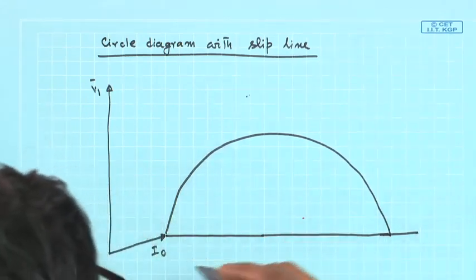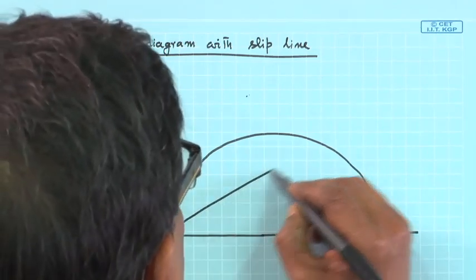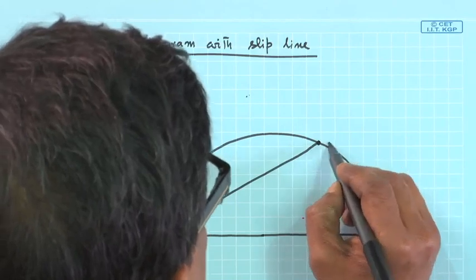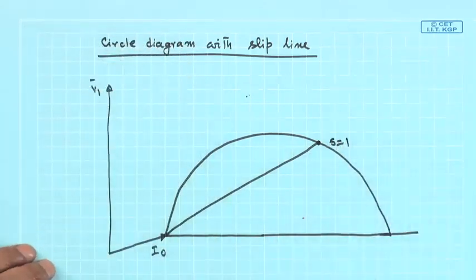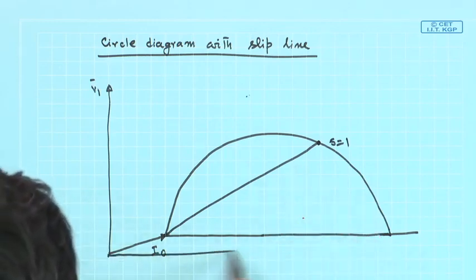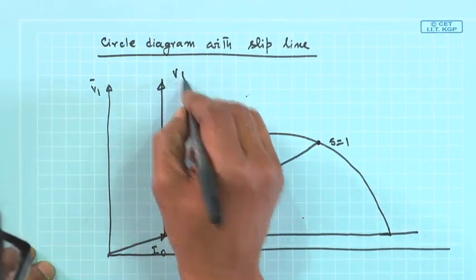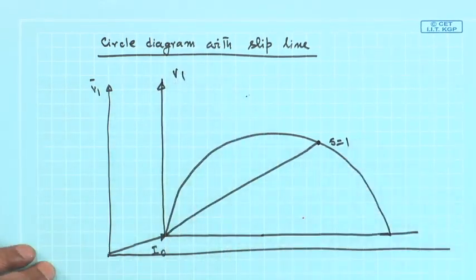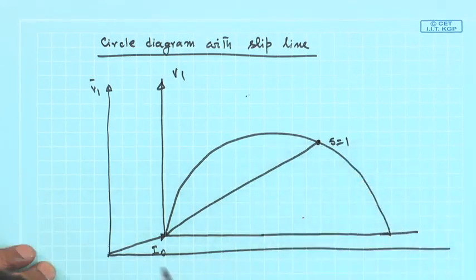First, suppose this point is S equal to 1, the standstill operating point. And you also draw a horizontal here. Mind you, this voltage axis is also here, that is why it is I2 dashed. So, you draw this line S equal to 1,